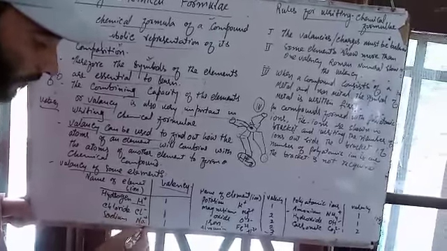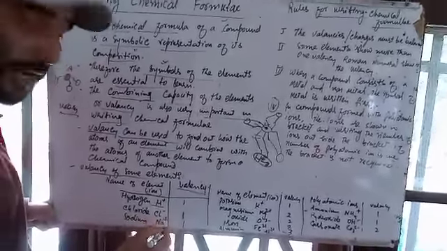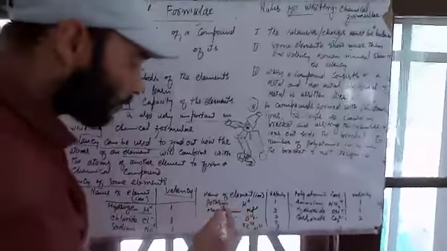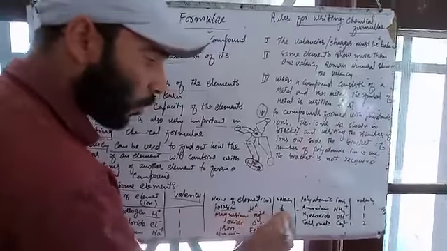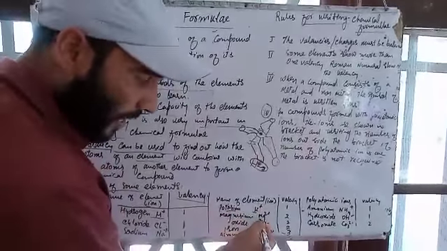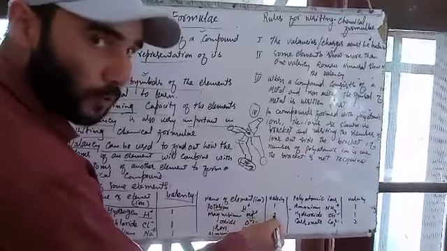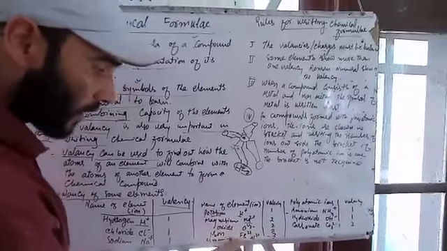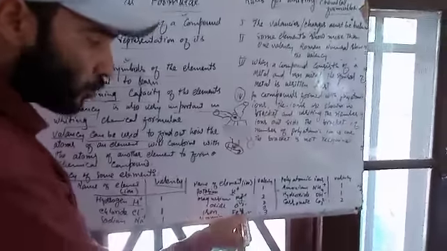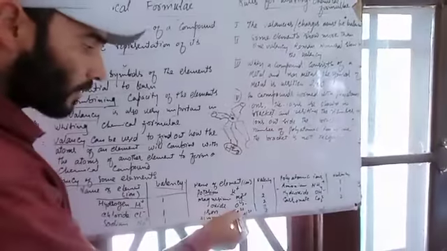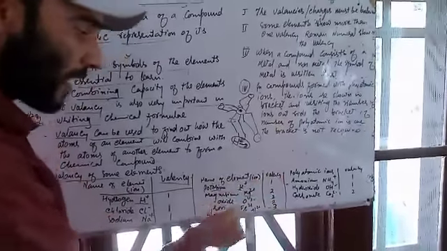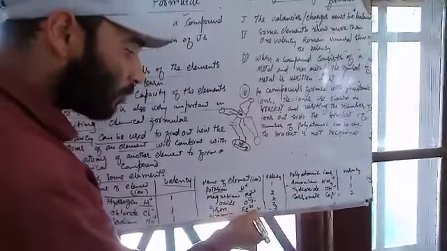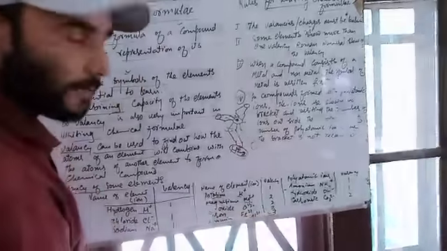Sodium, Na, has again a plus sign 1, that means valency 1. Next is potassium, again K plus 1. Magnesium has 2 plus, that means valency 2. Oxide, 2 negative, that means valency 2. Iron, Fe2 plus, it can have 3 plus also, that means iron can have valency 2 as well as 3. Aluminium has 3 plus, that means valency 3.